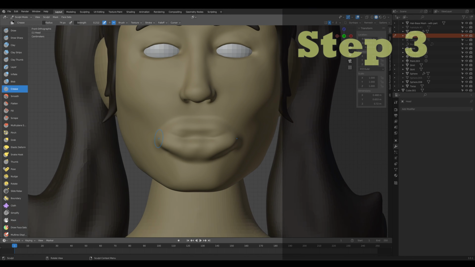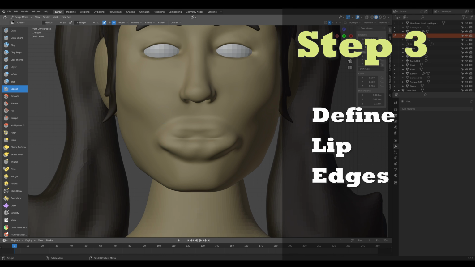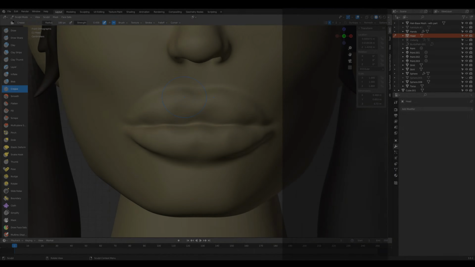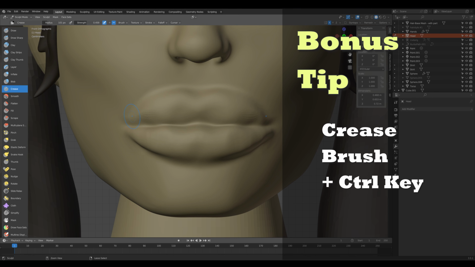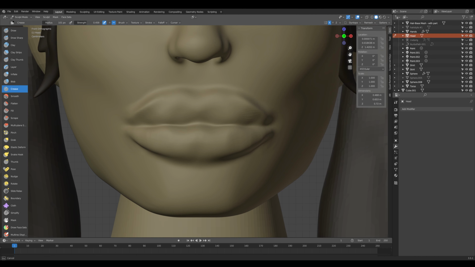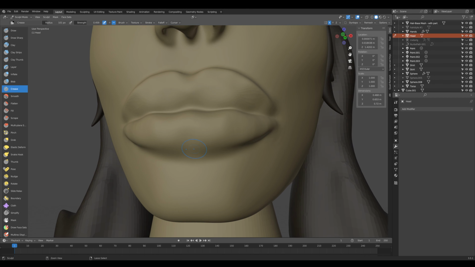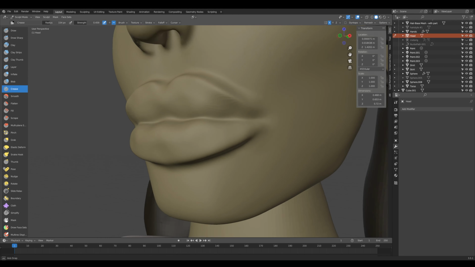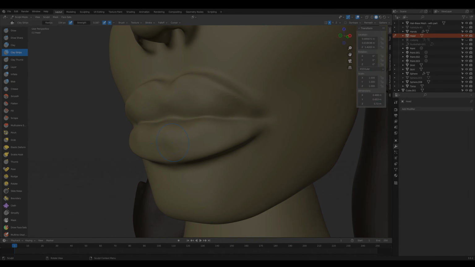All right, so we're still in the ugly stages, but let's move on to step 3. And with that, let's get out our crease brush. We're gonna add a line there in the middle of the lips. So this will show where the top lip and the bottom lip separate. All right, let me also add, using the crease brush, if you hold down the control key on your keyboard, instead of digging into the surface of the area you're working over, it'll do the opposite and pull out the surface of that area, which will also add to the shape of the lip.